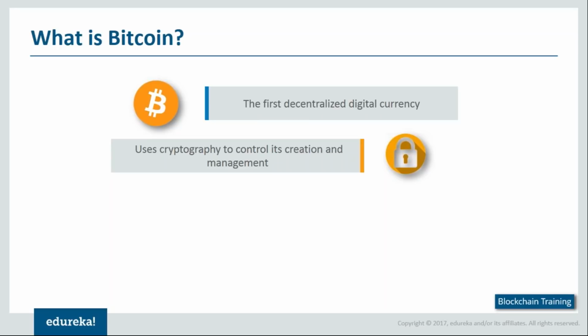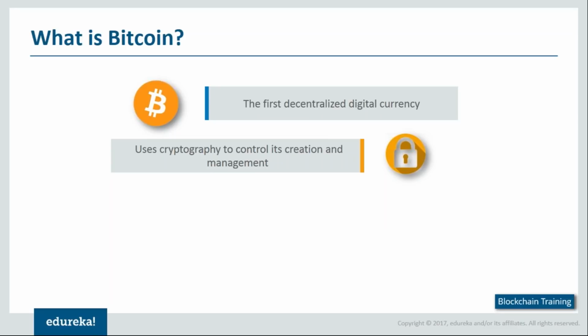And this is something that is more like a democratic situation where everyone has a vote. So based on the vote of the majority, the complexity is set and accordingly it is being planned. But as I had mentioned, with the growing complexity, it is believed that the last Bitcoin is only going to be mined in 2140. Does that answer your question, Shilpa?